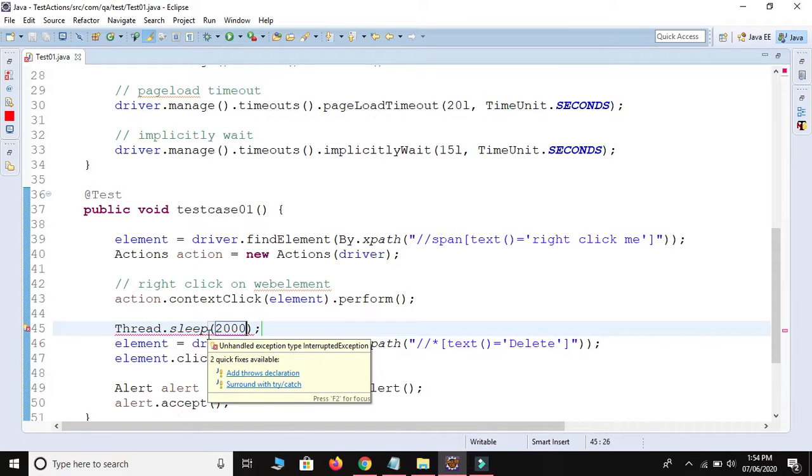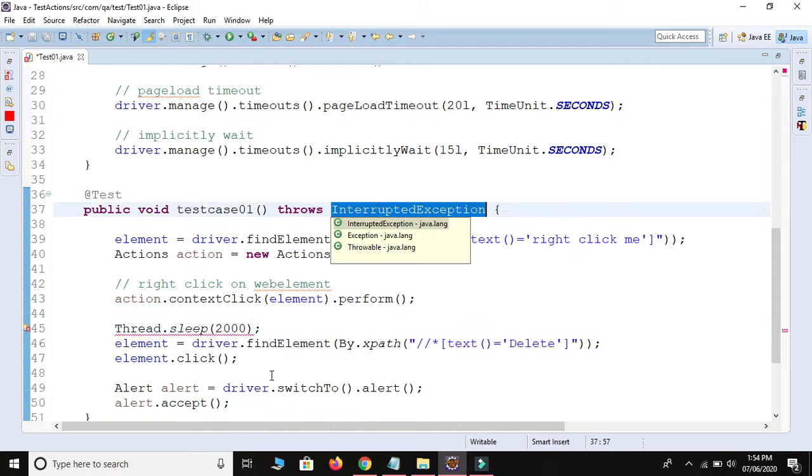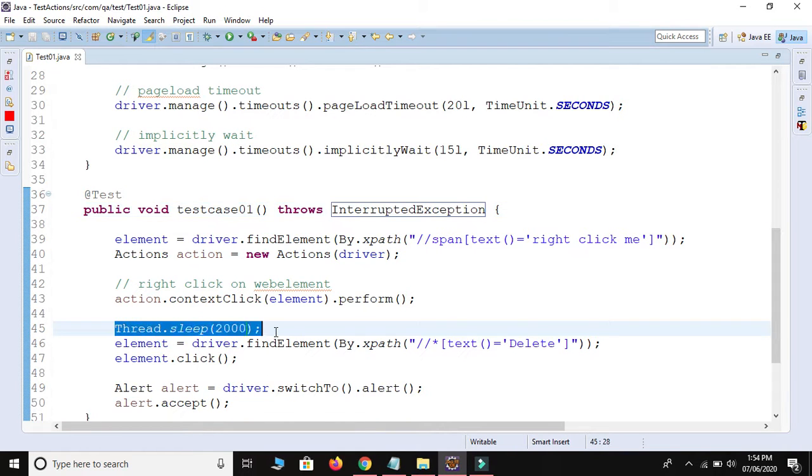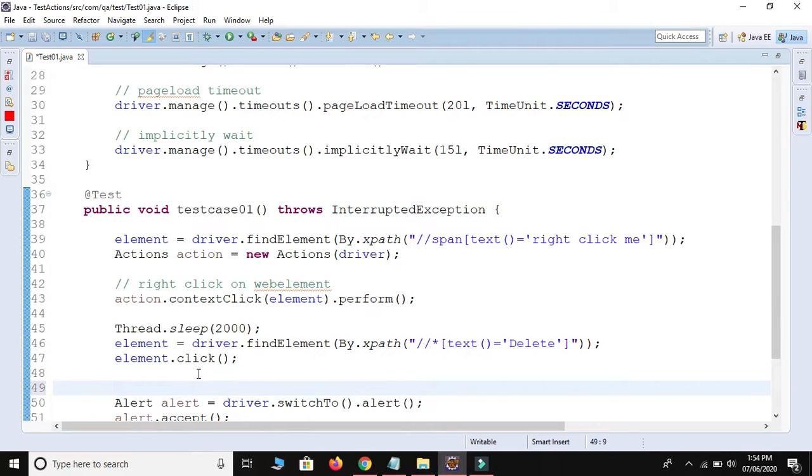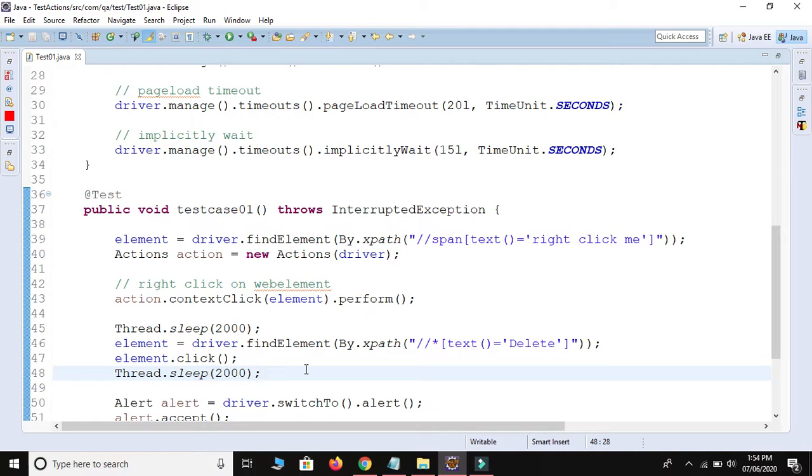So after right clicking on the web element, it will wait for the 2 seconds. Okay, and then it will find our web element, and then it will click on the delete, and again it will wait for 2 seconds, and then it will handle our alert. Okay, I have provided this wait just so that we are able to see the execution.